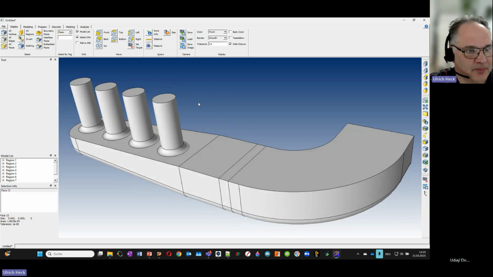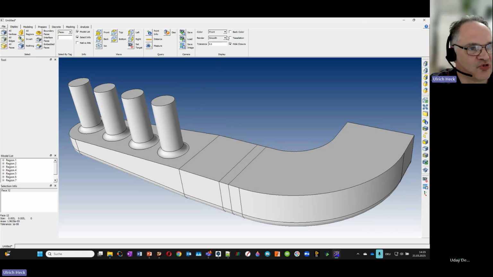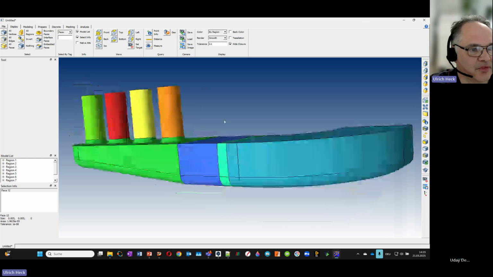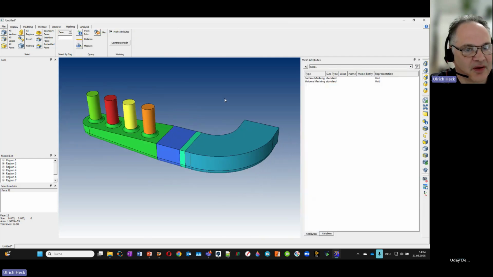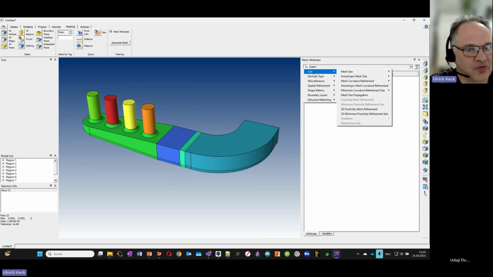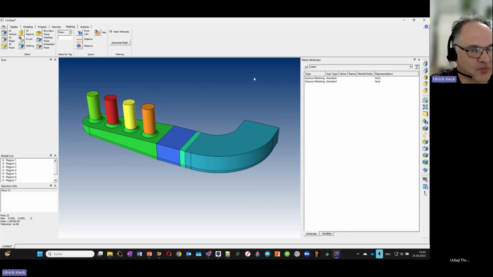Okay, so I can also switch here again to the color, and I can also color my model by region, and then it looks like this. So this is a model that I need for my CFD analysis, and then I can go to meshing. In the meshing tab, I have a number of options that I can use as attributes. I can apply these attributes step by step to the model, but the faster way to work here is that